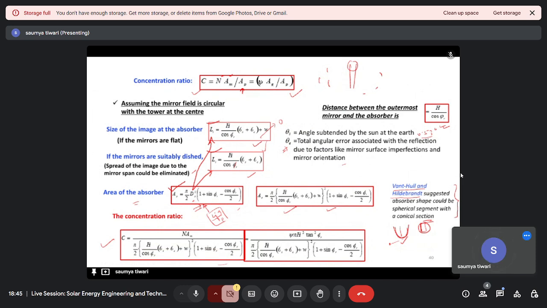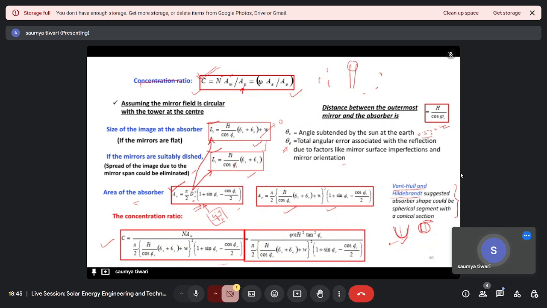Okay, so the concentration ratio in case of a solar tower will be your aperture area upon your receiver area, right? The aperture area is basically the number of heliostats into the area of those heliostats, which could be replaced by phi into Ag, right? This will be your concentration ratio. This you need to remember, and depending on whether your